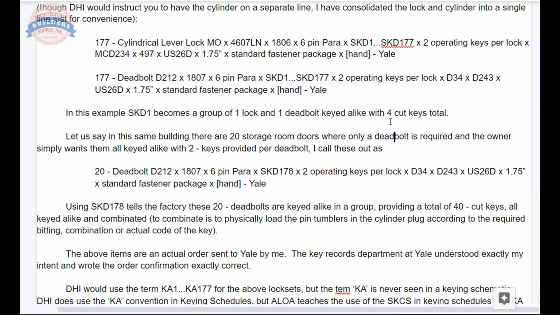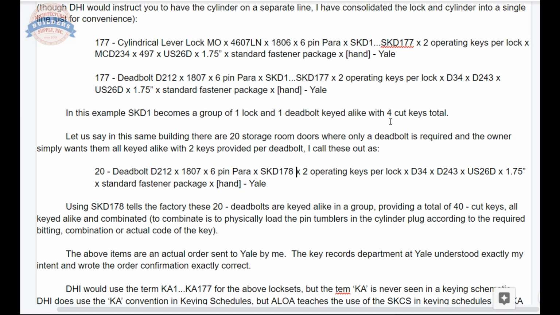is what it is. Let's say in the same building, and this is actually a component of this project, there are 20 storage room doors where only a deadbolt is required, and the owner simply wants them to be all keyed alike, with 2 keys provided per deadbolt. I call these out as 20 deadbolts, the part number, the cylinder,